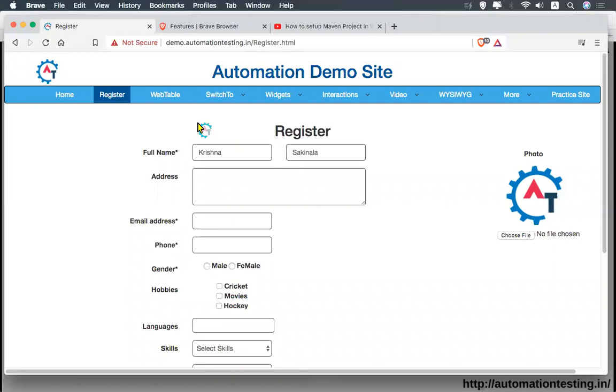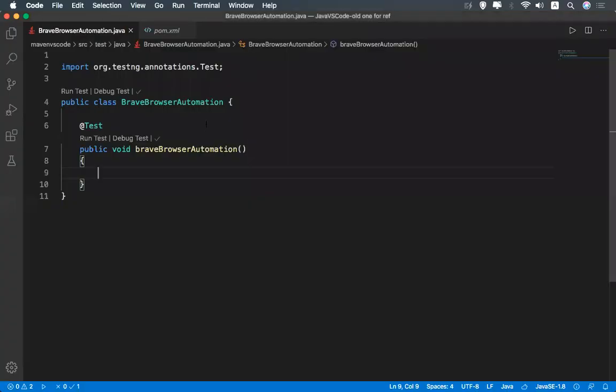For that, I am using the Visual Studio Code IDE to write my Selenium script. How to use Visual Studio Code to write your Selenium script?